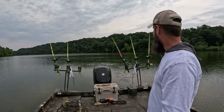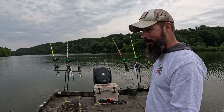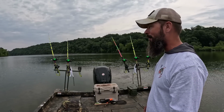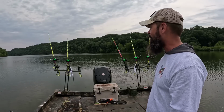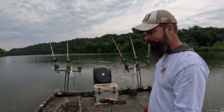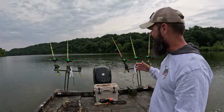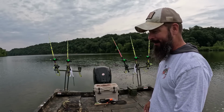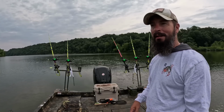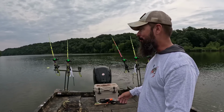So we may have to make this a quick trip, or hopefully we can, because I plan on fishing till about 1 o'clock, just to get that morning bite out of the way, and then see what happens towards midday. But there's just so much bait down there that it's unreal. One would think with all that bait down there you wouldn't catch any fish, and that actually has a lot to do with the reason why we're not catching as many bigger ones, because